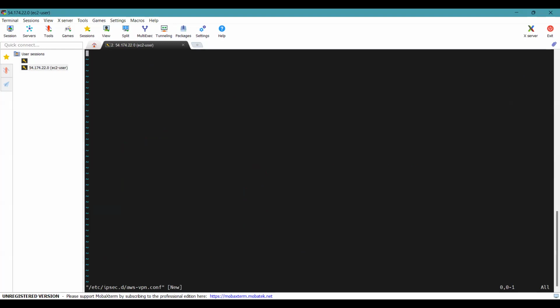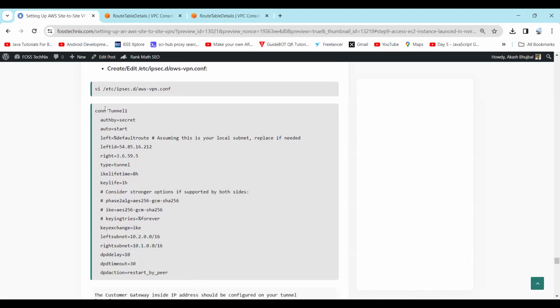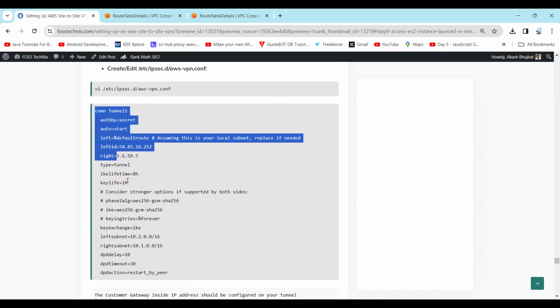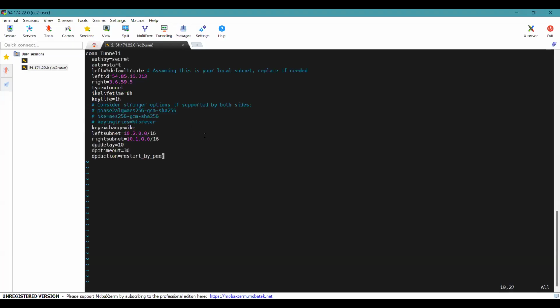Now, just copy the configuration from the article and paste it here in the editor. We need to change the left ID, the right, and the left subnet and the right subnet. So here in the left ID you need to mention,